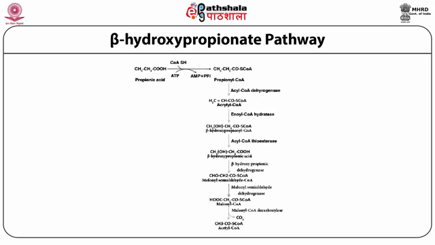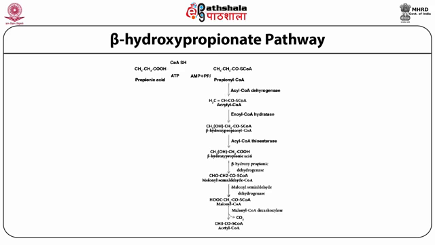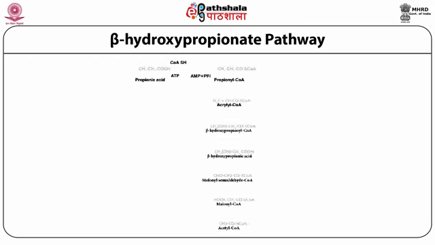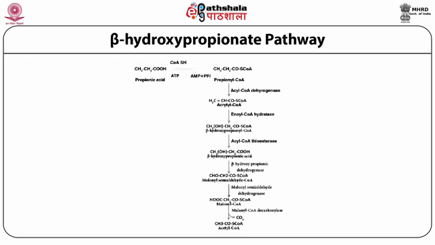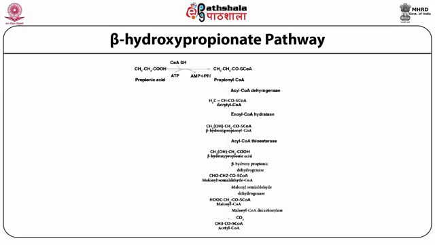Like the methylmalonyl pathway, it gets converted to propionyl-CoA, and upon dehydrogenation in presence of acyl-CoA dehydrogenase gets converted to acrylyl-CoA, which by the catalytic action of enoyl-CoA hydratase transforms to beta-hydroxypropionyl-CoA. This beta-hydroxypropionyl-CoA by the catalytic action of thioesterase gets converted to beta-hydroxypropionic acid,